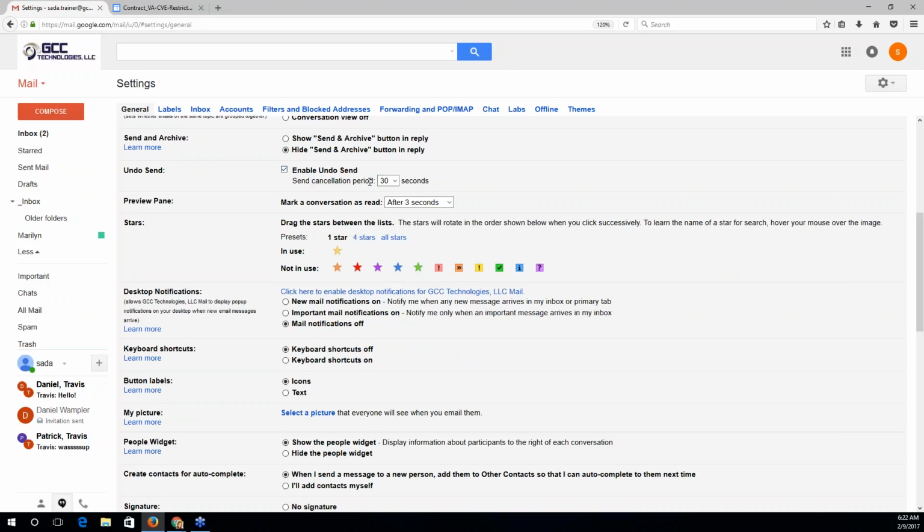And then you have the option to set a cancellation period for up to 30 seconds, which I also recommend, just as you're testing this out. So undo send, if you turn this on, it's going to give you a good 30-second window, in my case, 30 seconds in which even after you push the send button and that message is in the process of being sent to my recipient, I can cancel that send at any point in time and my recipient will have no clue that I even tried to send them anything at all.